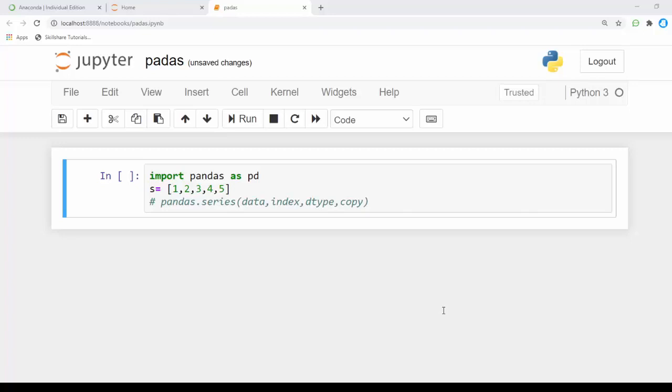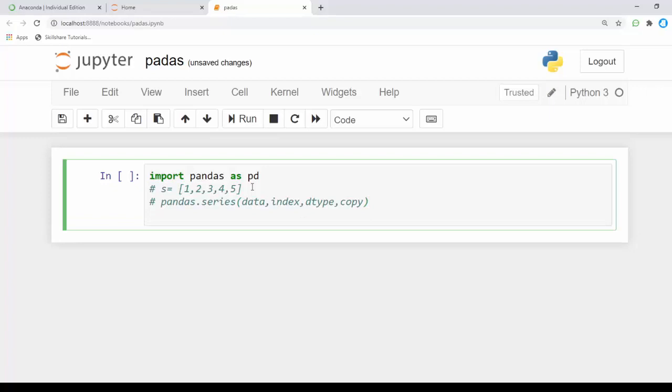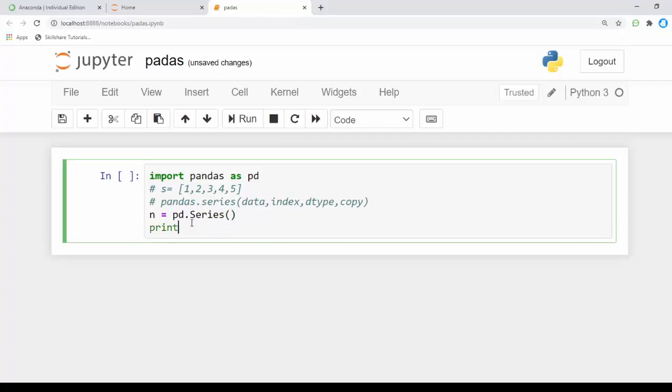First, I'm going to initialize a series. I'm going to call pd.Series; the first letter S should be a capital. Then I'm going to print it.